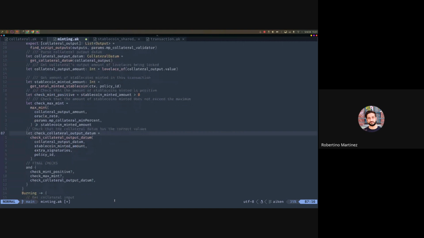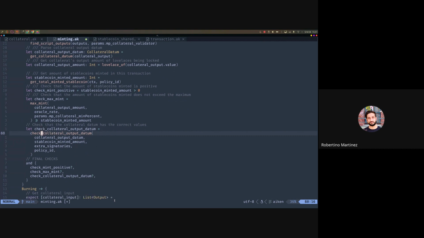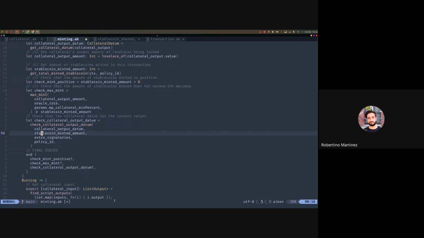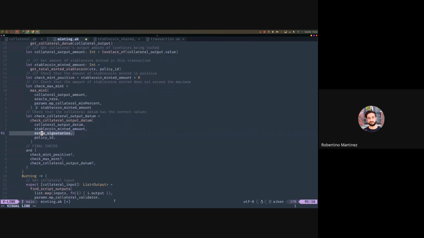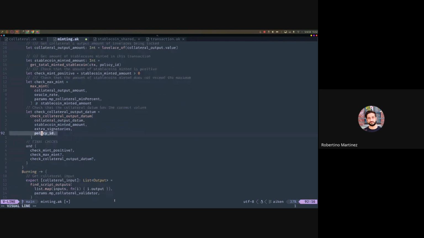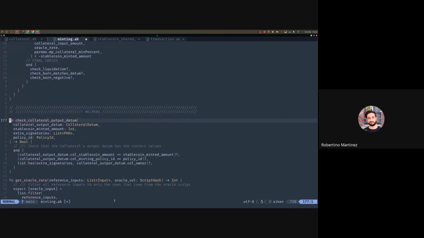And finally, we want to check not only that the actual minting part is correct, but that the output that we are generating has the correct shape. So we're going to check the collateral output datum. We're going to provide the actual collateral output datum. We're going to provide this minted amount. We're going to provide everyone that signed this transaction, and we're going to provide the policy ID of this minting policy that we are running right now. And if we provide that to our function, we have one last